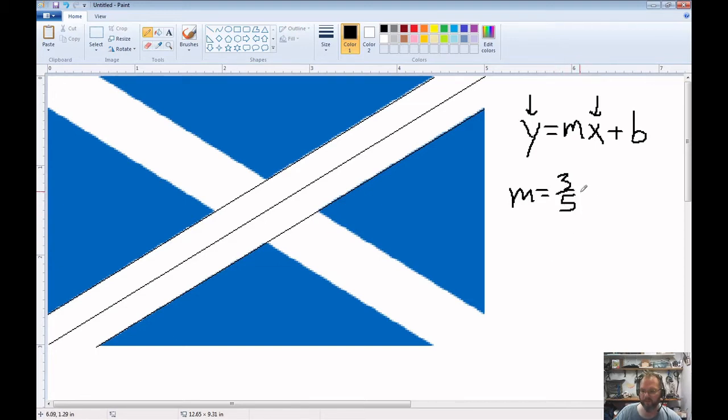And what that means is for every 3 values I go up, I go over 5. So I go up 3 over 5 and back on the line. Up 3 over 5, back to the line. And again, if I think about my points right here, this corner right here would be 0, 0, right here. And then this one, just to make it easier to think about, even though it's not quite this,